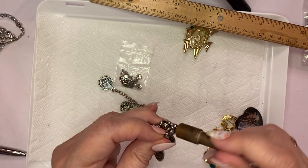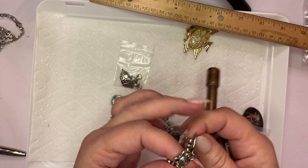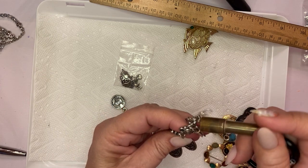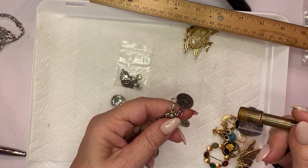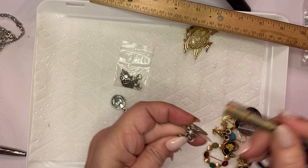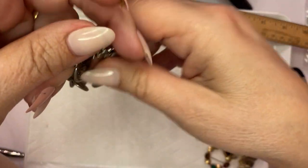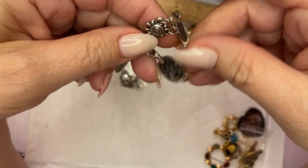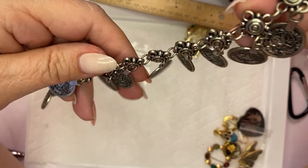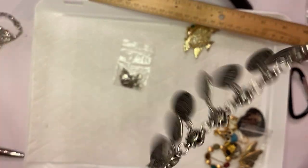These right here are also, well, I can't say for sure that those are silver. I know these are not. That's what's giving me the magnetic pull. But these, let's see if I can find one that's, yeah, that's magnetic. These findings right here may be some sort of a silver mix as well. But these guys do have some sort of silver content in them. They might be 830 silver, maybe less. But this is a fun little